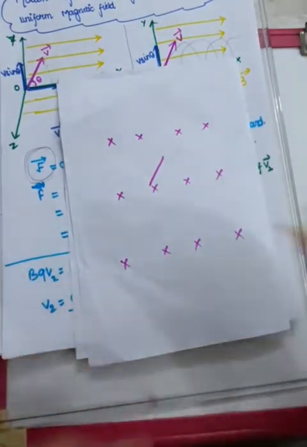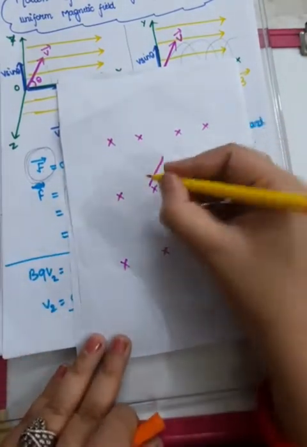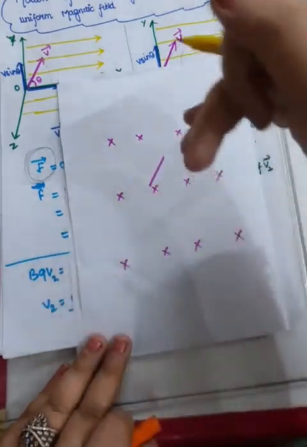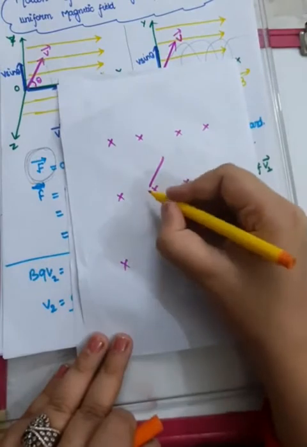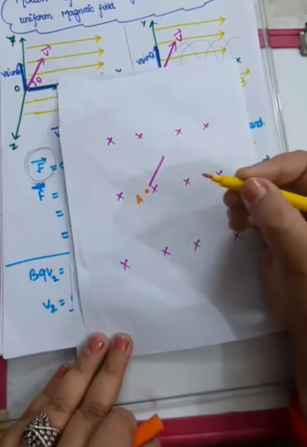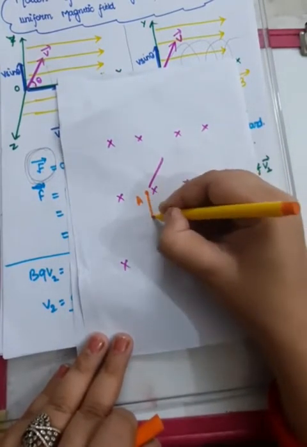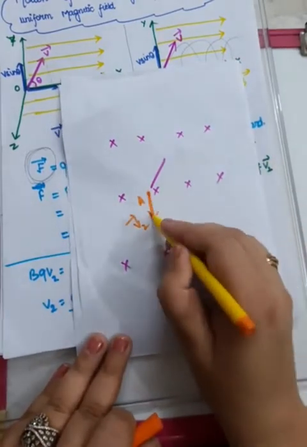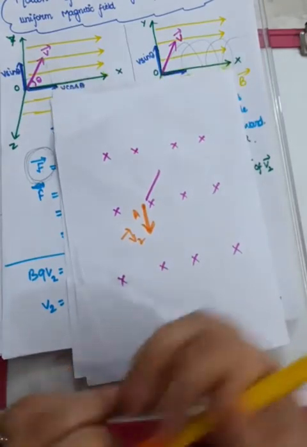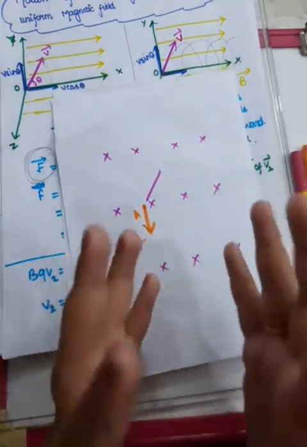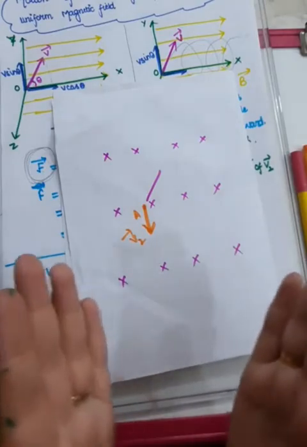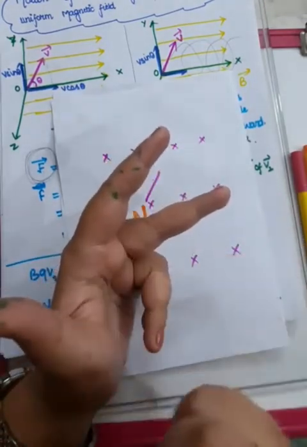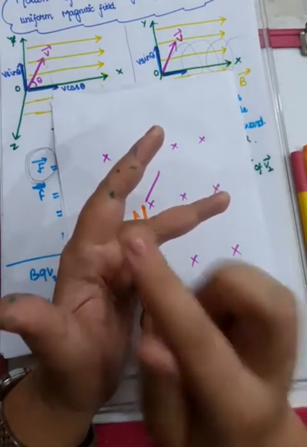So the same thing is happening. This is directed inwards, and there is one component which is directed along it and another component which is perpendicular to it. So suppose this is some point A. Here this is the V2 vector. Okay, if this is the V2 vector, you can try to understand what is exactly happening. It's a broader picture. So using your left hand, you can finally find out the force.